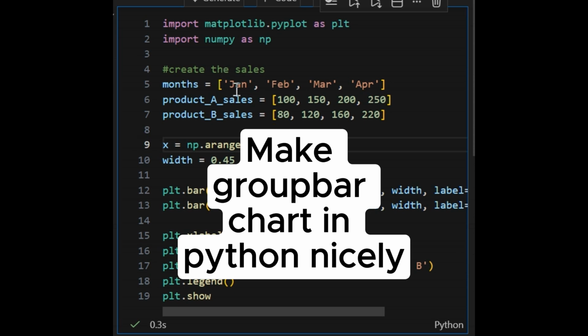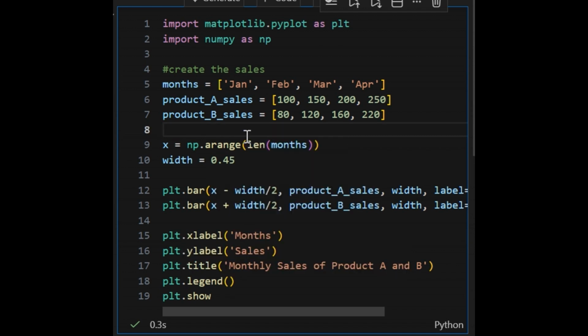So let's say you would like to make a comparison between two different responses. It can be that you have tested something in the lab. You would like to know how much both of them compare in different times or different seasons. You can use a grouped bar chart to demonstrate this easily. In this code, I'm just going to show how you can use this to demonstrate this comparison between the two